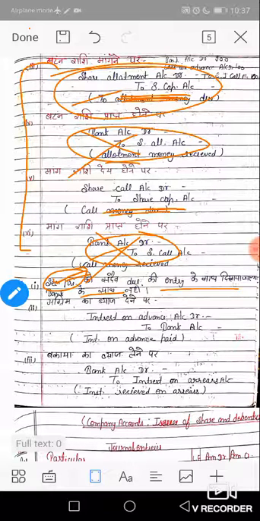Now come to the next. If a holder pays his call after the due date, then the company charges interest on arrears. If a holder pays the amount after the due date, then the company charges interest on arrears. The journal entry is Bank account DR to Interest on arrears, because it is the company's income.